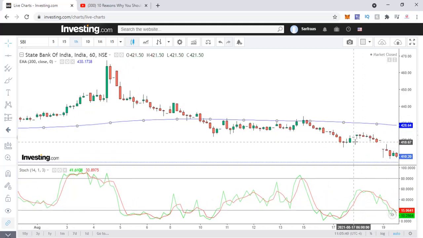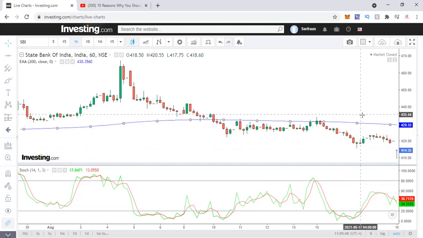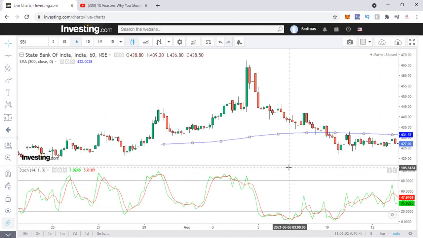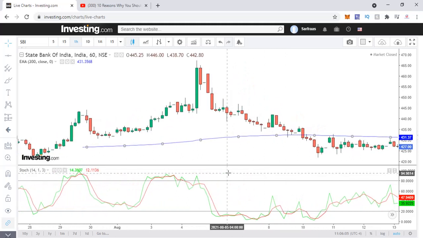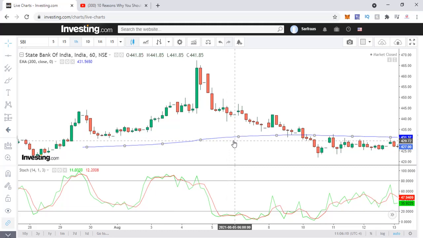Now you see over here it's a positive crossover, but it has moved down. So if you want to be safe, follow 2-3 indicators. Typically if I had to just use the stochastic and the candles, I would have taken a buy call over here, but since my moving average is telling me that the sentiments are still negative, I wouldn't be taking a buy call, but waiting for a negative crossover here, taking a sell call and booking profit. So just like I have been stressing, please ensure that along with this indicator you have at least something like a moving average or an RSI, and you take confirmation from 2-3 points. Only then you're going to get more and more accuracy.